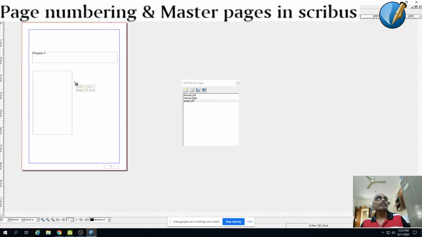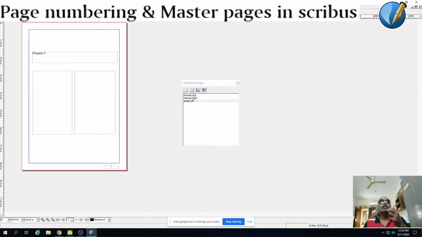Here you can have a two column layout separated by a small white space, so that usually your textbooks will be a 2 column or a 3 column one. So you can have this page as a new chapter page. This is going to be the sample master page, your new chapter page.